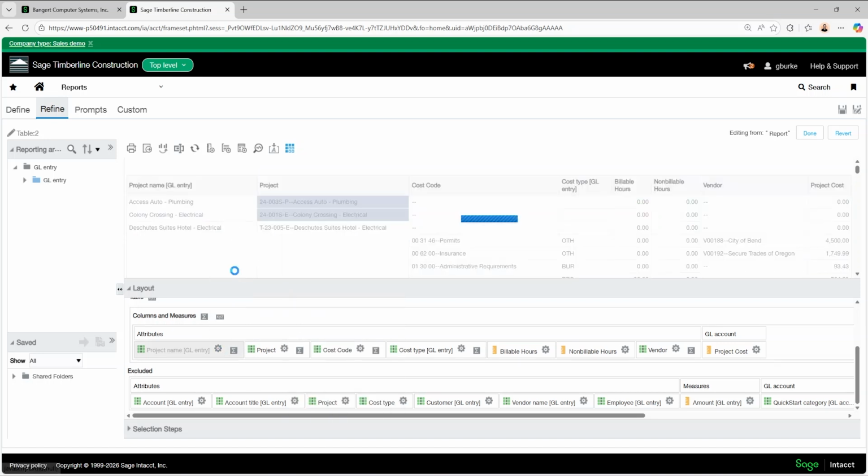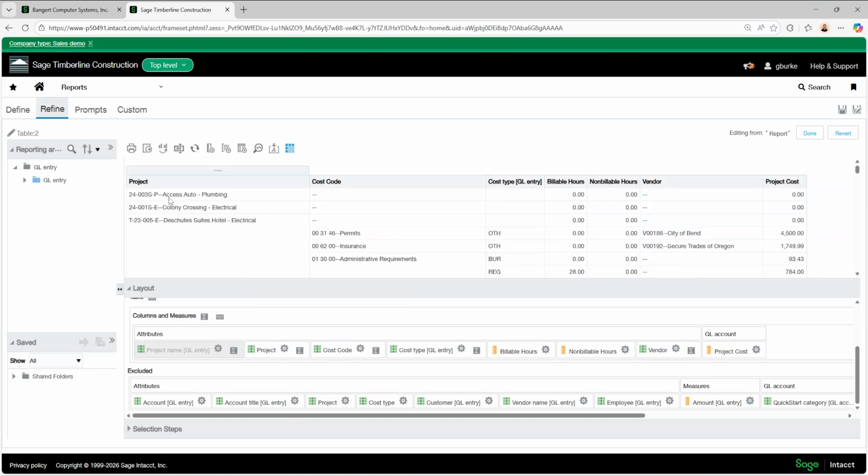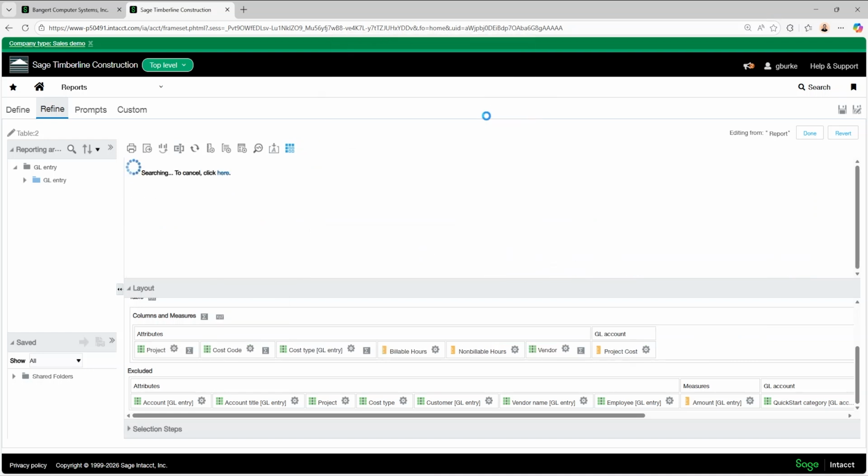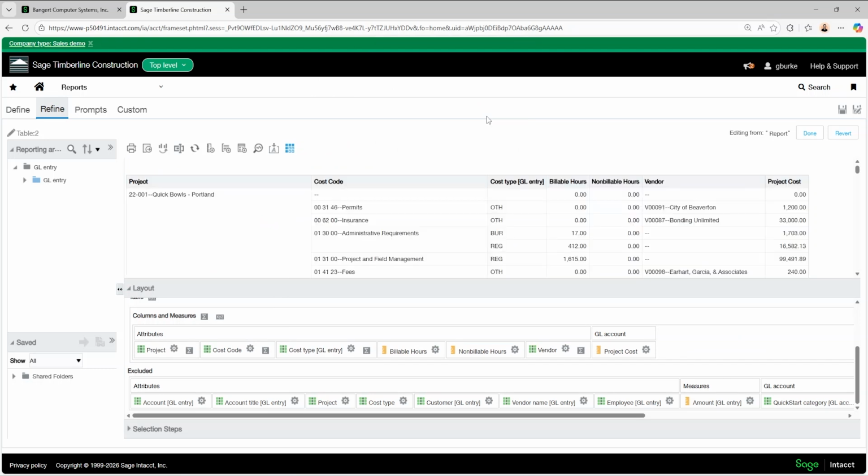So if I were to hide it, access auto is first because it's first alphabetically, then colony crossing, and so on. That said, that's not actually what I want, so I am going to go ahead and remove the column. All right, perfect.